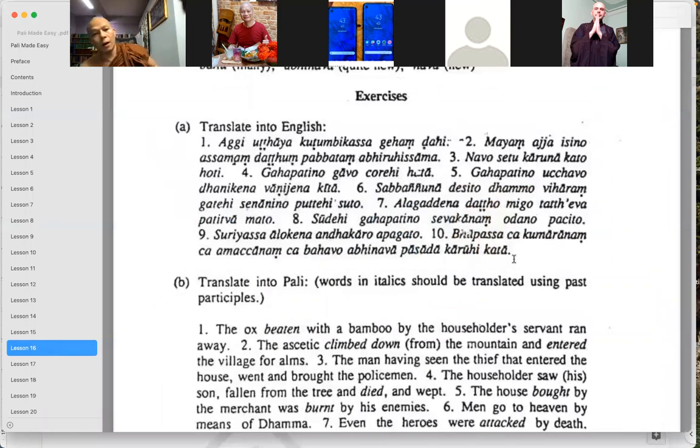So last time we finished maybe number 5 and number 6 already. So now number 6, you see. Sabbaññunā desito dhammo, viharaṃ gatehi senānīnaṃ bodhehi sutto. Bodhehi sutto. So in this sentence,